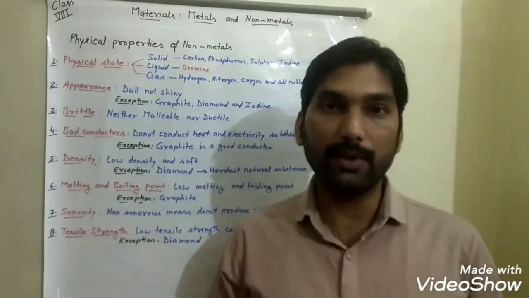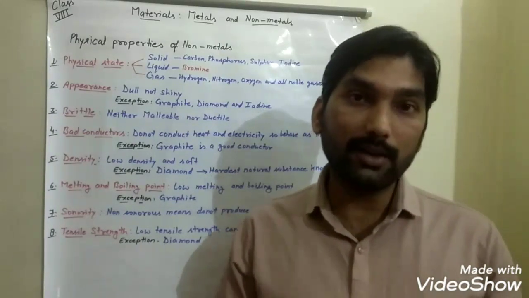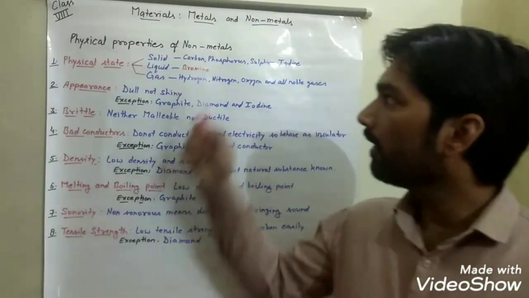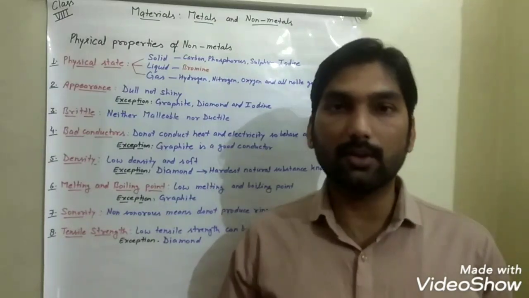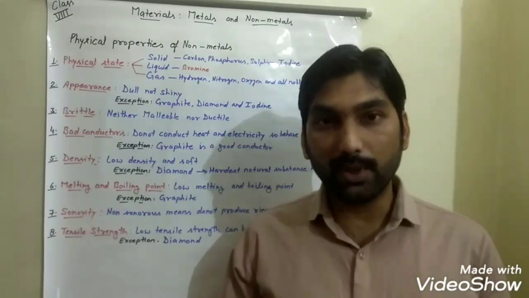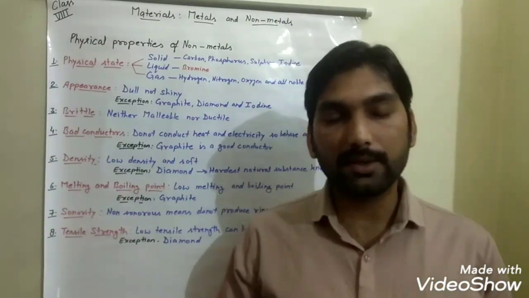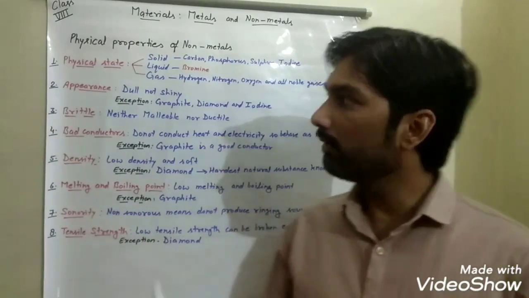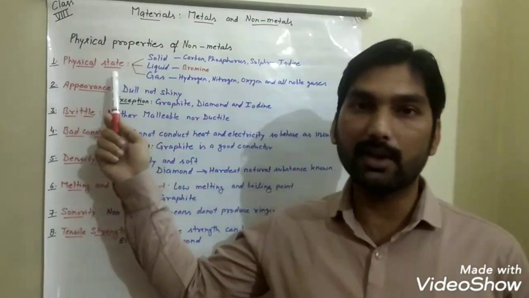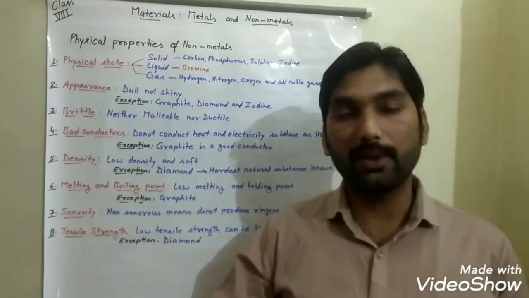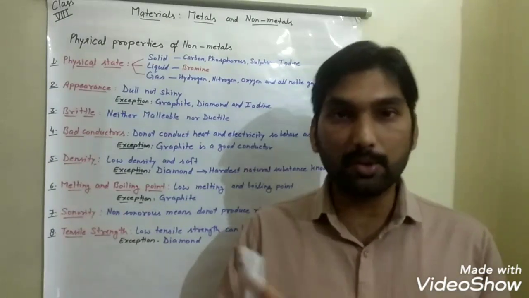So today in this video we will discuss the properties of another group of elements known as non-metals. We will see what their characteristic features are, on which basis we have placed them in another group apart from the metals. So let's start today's discussion with the first physical property, known as physical state. By physical property, you know, we mean their external features by which we can distinguish them